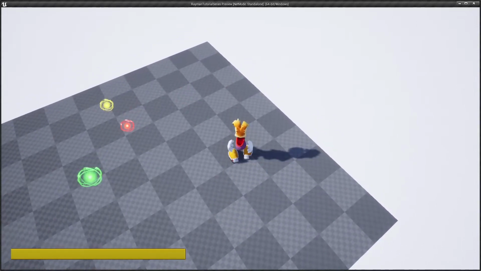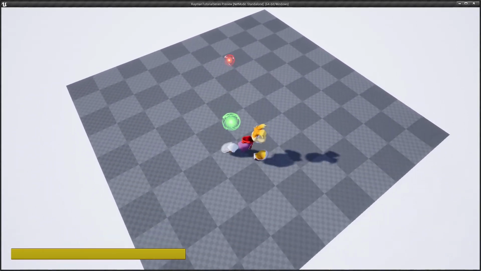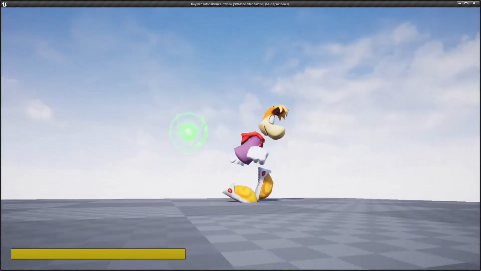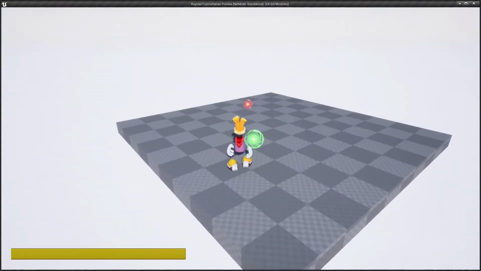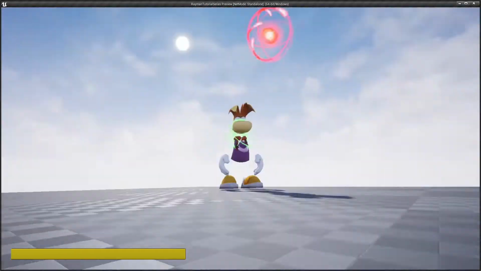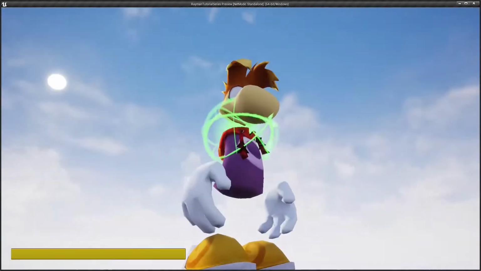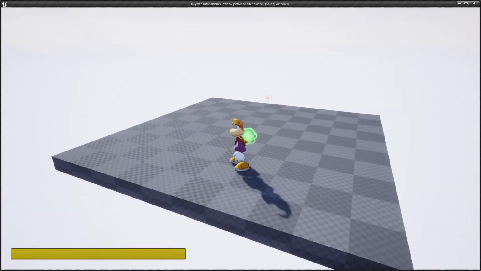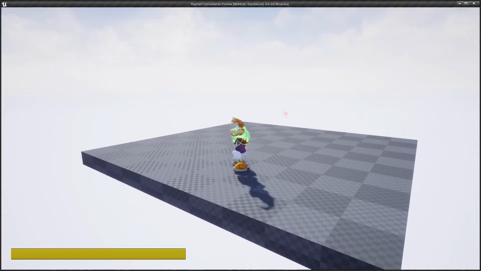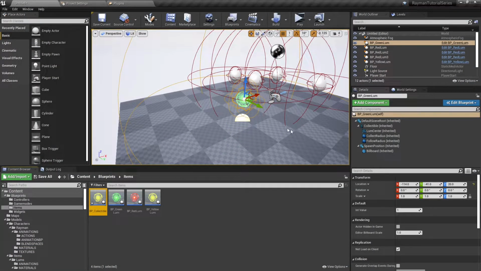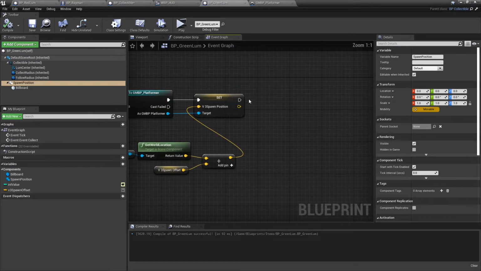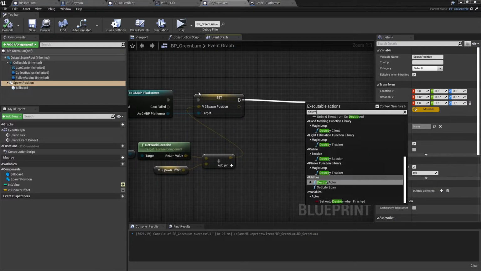Though I'm a little curious as to why. Oh, okay, I guess it didn't register his health. You know what? It doesn't matter. His health will just be set back to 100 if it detects that his health is above the max. One thing we forgot to do, or I forgot to do with the green lum,